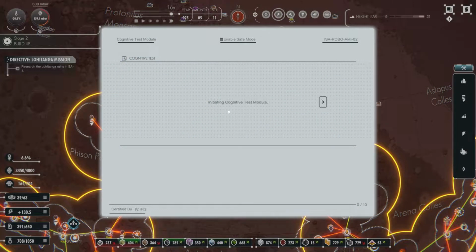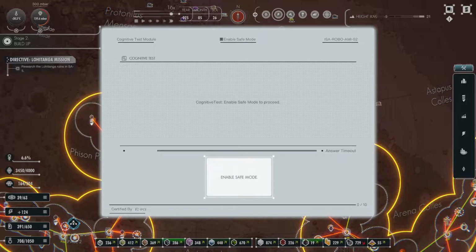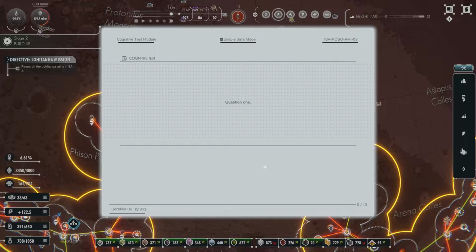Hello. Initiating a cognitive test module. Test subject, ISO... Oh, okay, lots of stuff. Enable safe mode? Question 1. The surface area for crop growth on Mars is insufficient to feed colonies, which are at risk for malnutrition. You've been requested to research ways to increase the area for crop growth. But your calculations show that growing enough crops to support the population will cause a buildup of atmospheric oxygen, leading to high risk of fires. Complying with the request is...